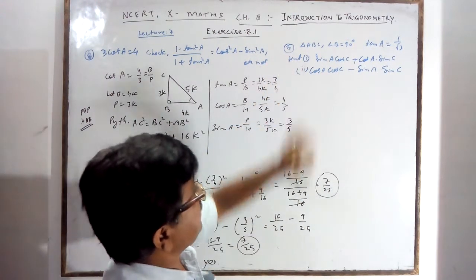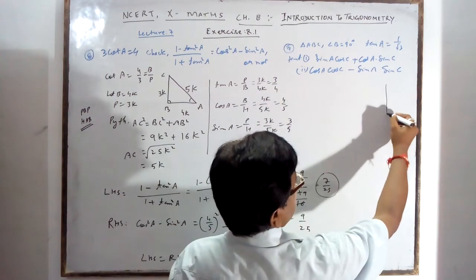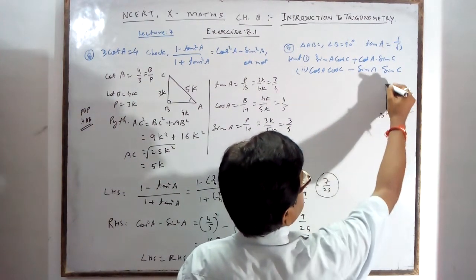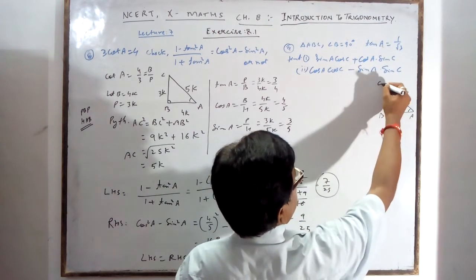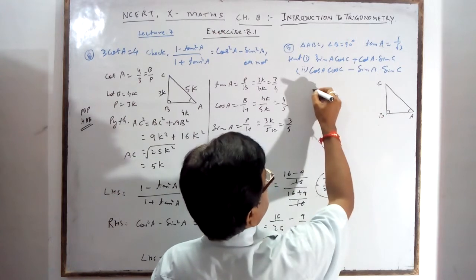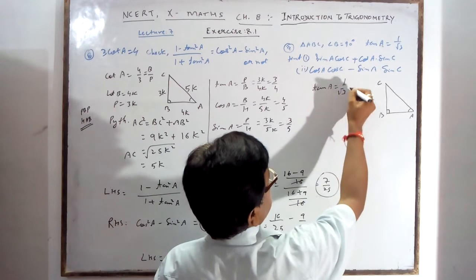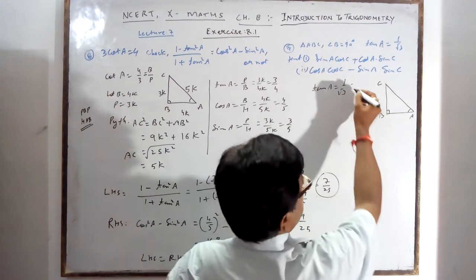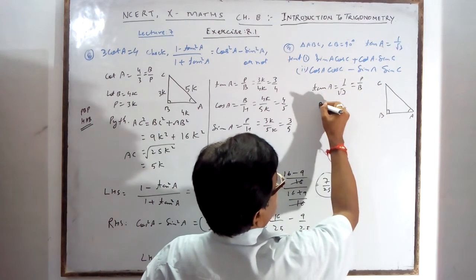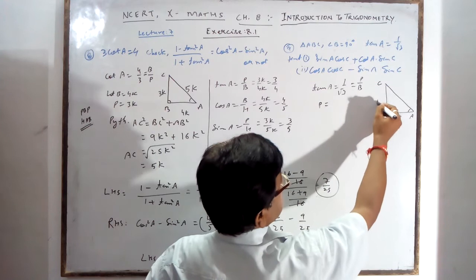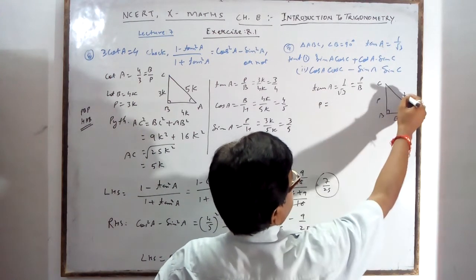Next part is given. Question number 9 is given. In triangle ABC, angle B is 90. It is already given in the question. Angle B is 90. Tan A is equal to 1 upon root 3. It means it is A and it is C. Tan A, what is given? 1 by root 3 means you will get P by B. P is equal to tan A, it is P and it is H. It is B and it will be the H.